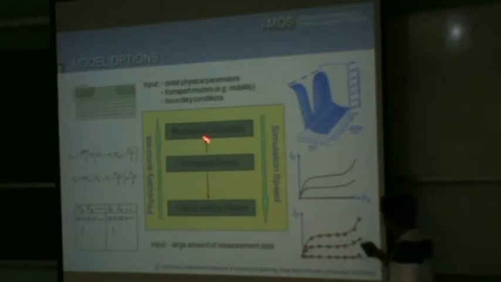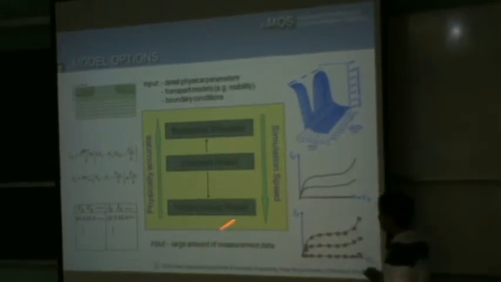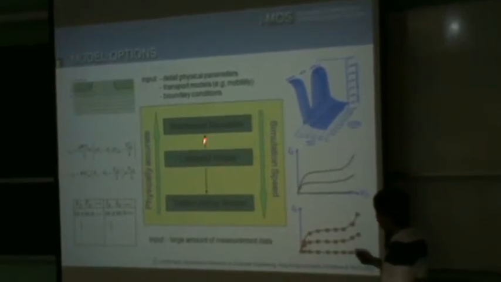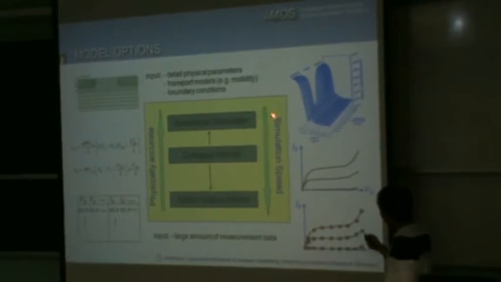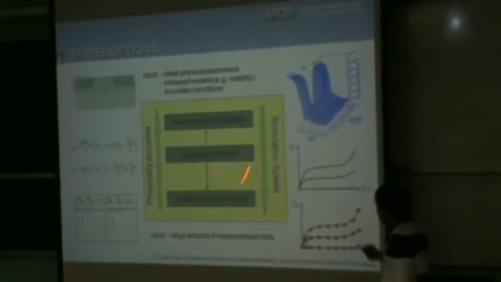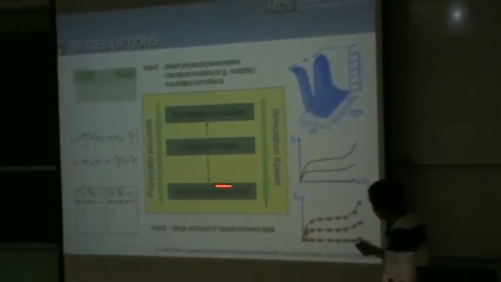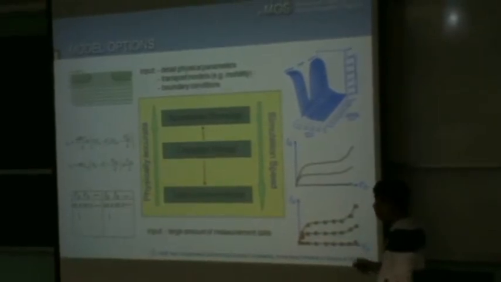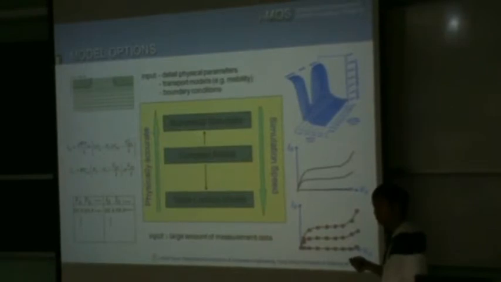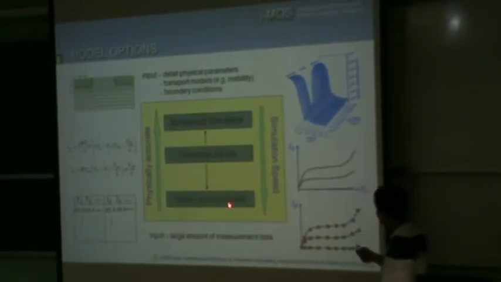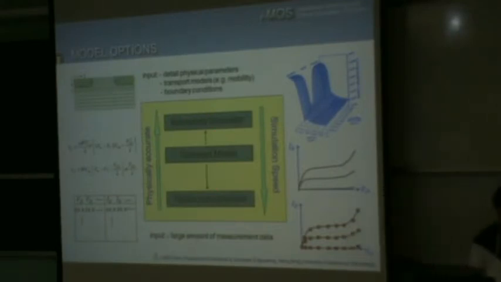Now, in between, you have a lot of trade-offs to make. You can make it very physical, which is called the numerical simulator. It is physically correct, but at the same time the speed is very slow. If you go down this way, you can make a compact model which is close to table lookup, which physically is totally wrong, but it can run very fast. So there are different trade-offs in the process. So a compact model can run many different kinds of models along this line. That's why there are so many different kinds of models that exist.